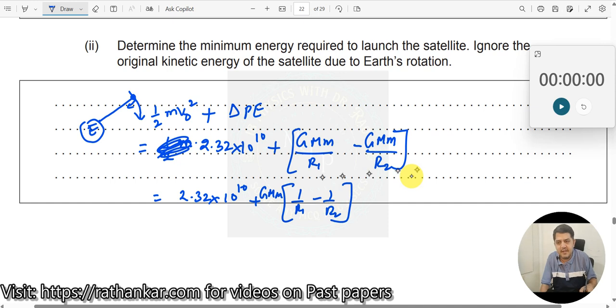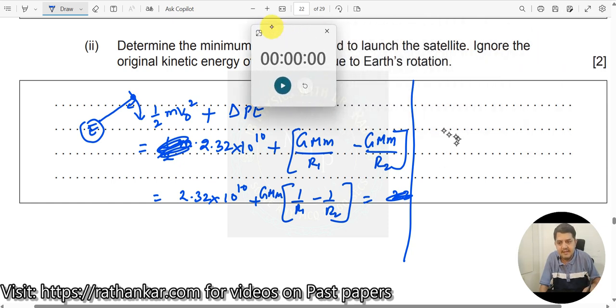What is this R1 and R2? R1 is nothing but this distance, which is 6400, and R2 is this one. So when I do this, this should be 2.32. I'll do one thing. I'll just compute this delta P first. I'll substitute here because every time I need to write it, it will be cumbersome, taking more amount of